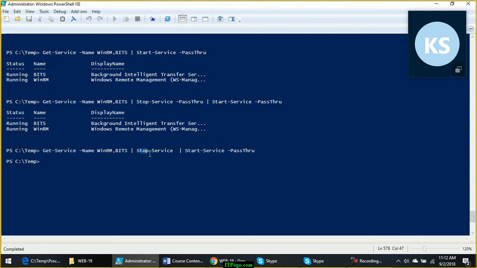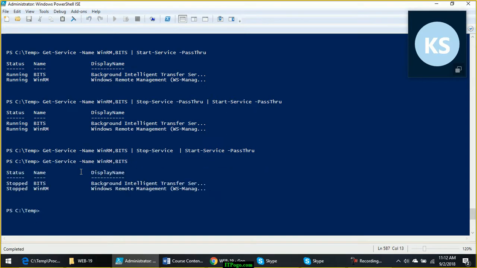This command has stopped the services, and this command did not receive the input object for starting the services, and those services have remained in stop state. You can check the status. Services did not restart, it has just stopped. After stopping, the objects did not flow further in the pipeline, and this command did not get a chance to start the services.